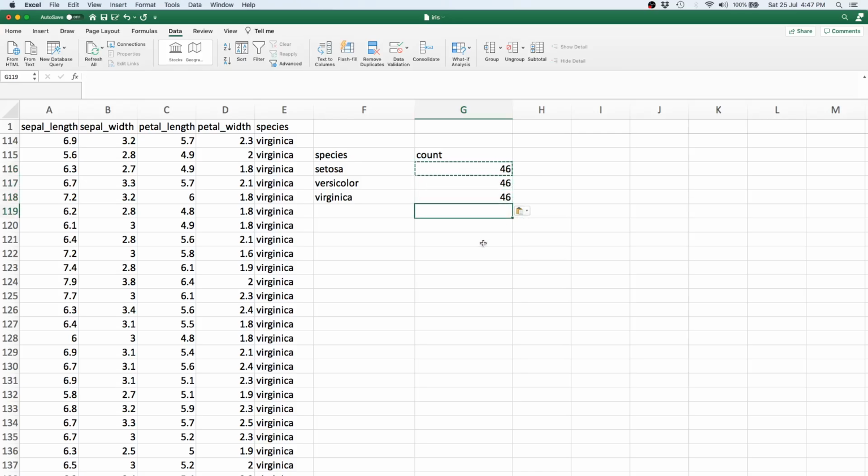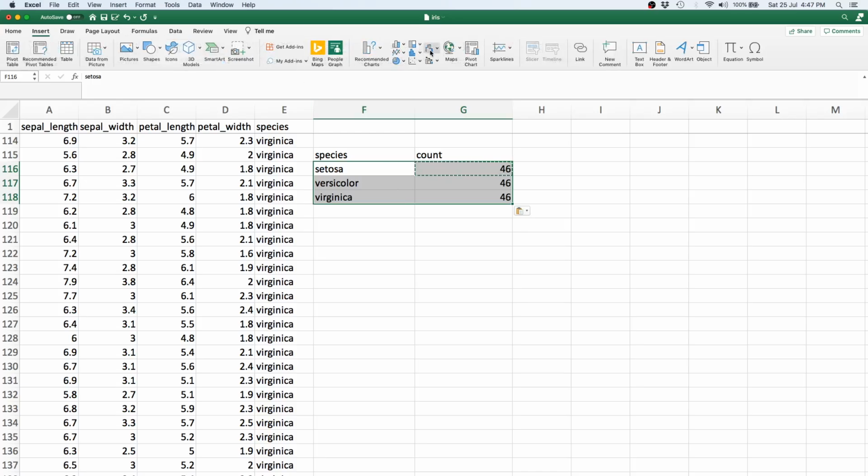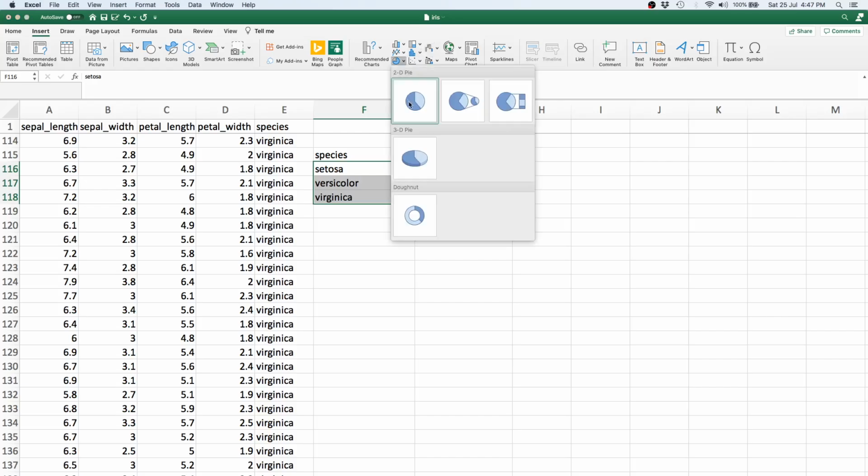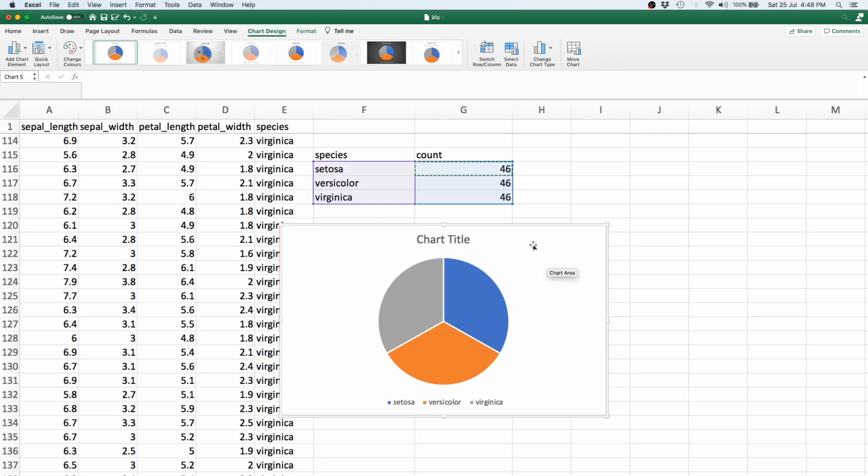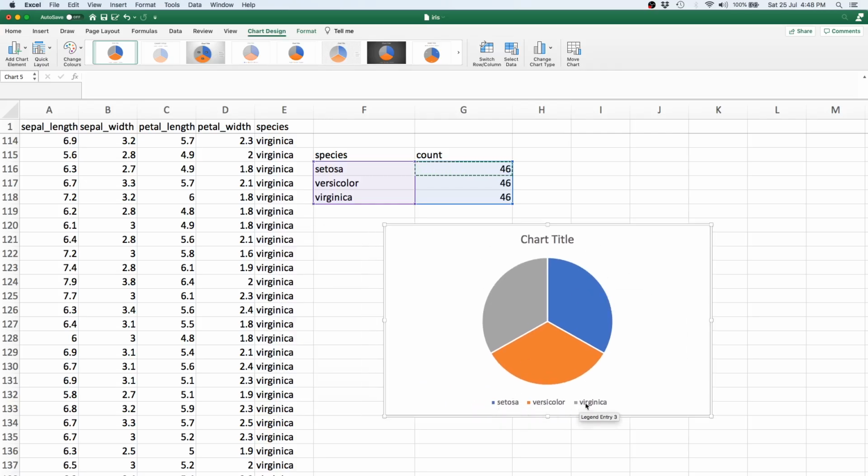Now one quick way to convert this also into a graphic is to select this data. Let's say that these are my unique species and these are their counts. Of course, in this particular case, it's a balanced data set, so all species are equally probable and equally present. And then again, I can go to Insert and I can insert yet another chart. So I can say that I want to create a pie chart. And there it is. That's our chart. We have Setosa, Versicolor, and Virginica all occupying exactly 33% of the pie chart. And that's how we can simply do a counting of the frequencies within a particular categorical column.